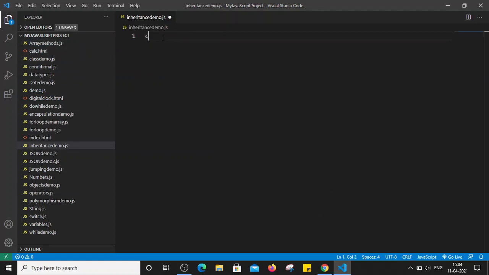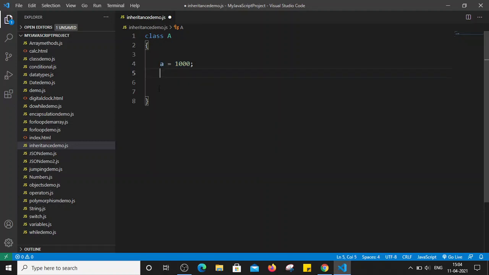In this file we are going to create one class. Let's say I'm going to create class A, and in this class we can simply have one variable, A equals 1000. So this is the class variable present in class A having the value of 1000.